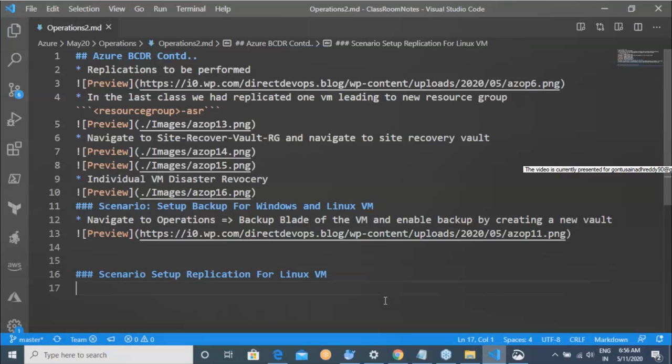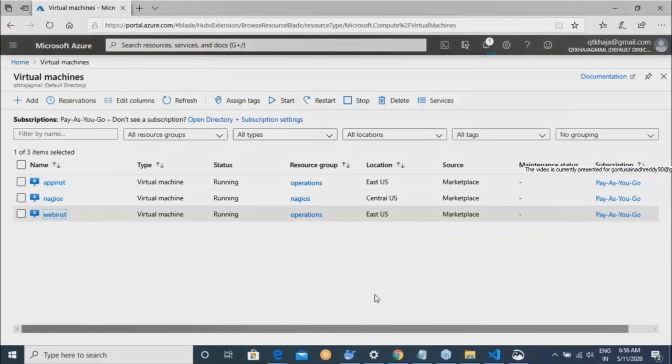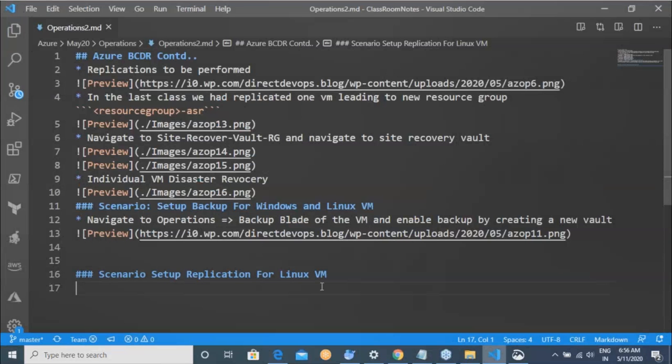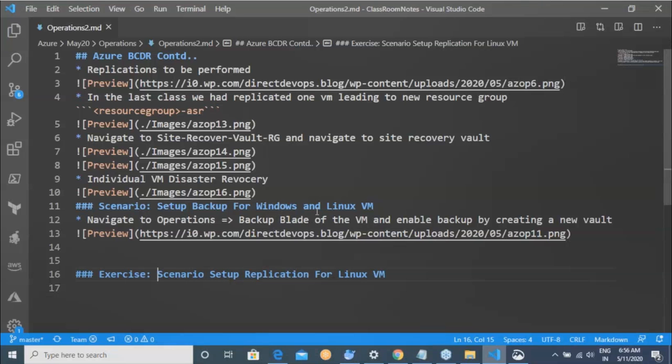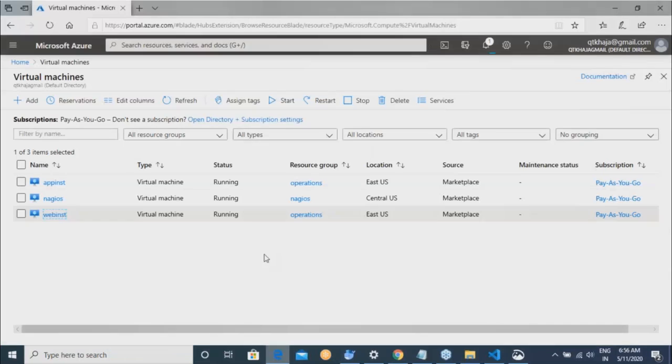Now for here, the story is simple. Go into Azure Site Recovery and then enable replication. So this I will give as an exercise. I have shown you how to do this already, but try to do this. Set up replication for the Azure Site VM and create a backup for Windows and Linux VM. I've created backup only for Windows. After that, you have to set it up for Linux also. So how do you do that?